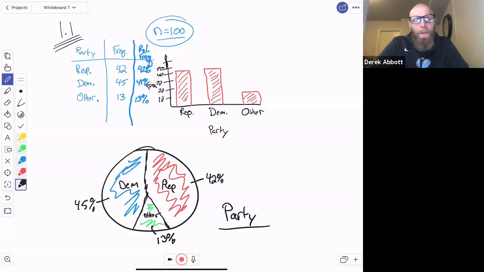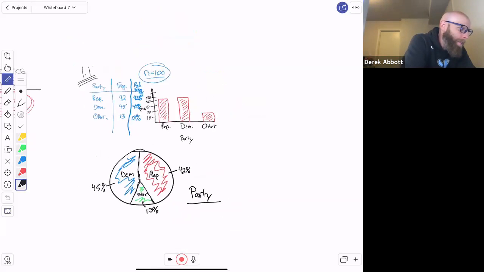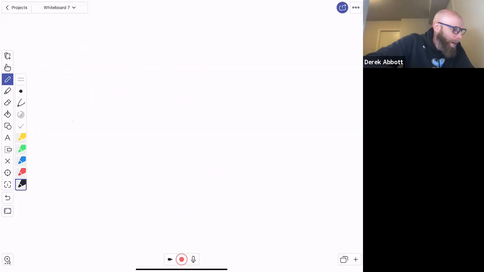So we talked a lot about that in 1.1. Up there, what you're seeing is a frequency graph, a relative frequency graph, a bar chart, a pie chart, right? All those came from that normal data set right there. So that was 1.1. As we got into 1.2,